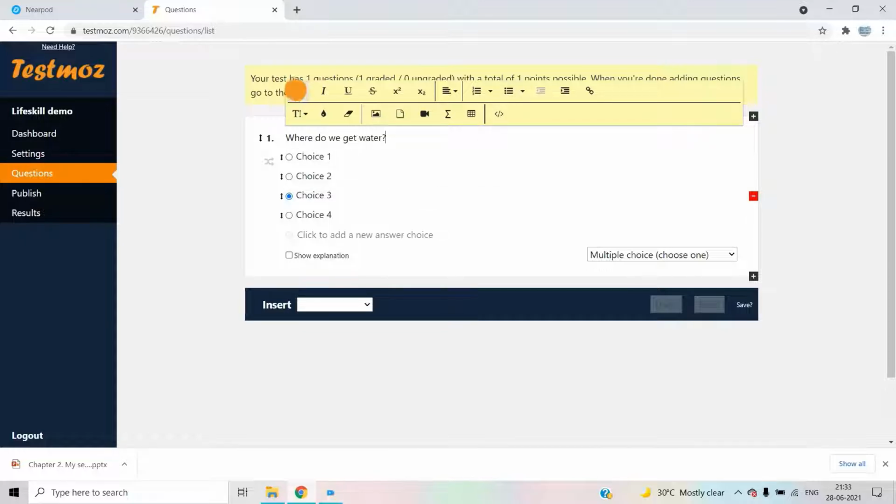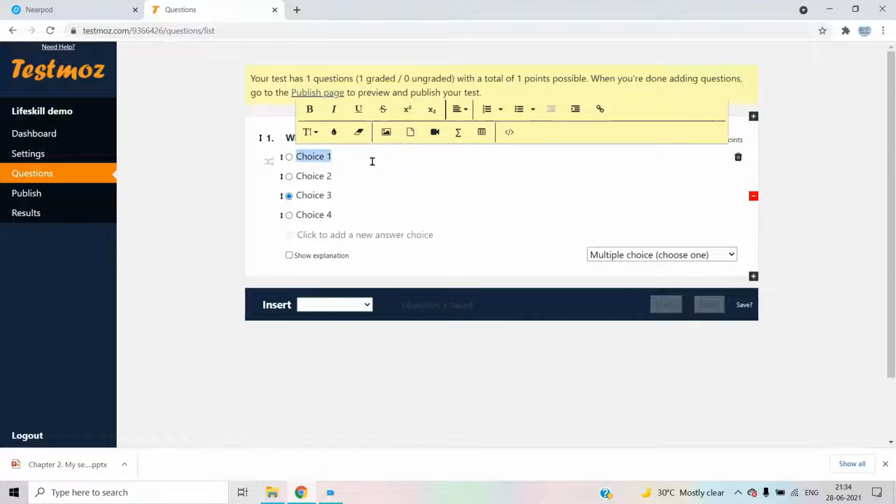So this is the question. If you want to block it, you can select this and then it will be in a block 1. Next, choice 1.